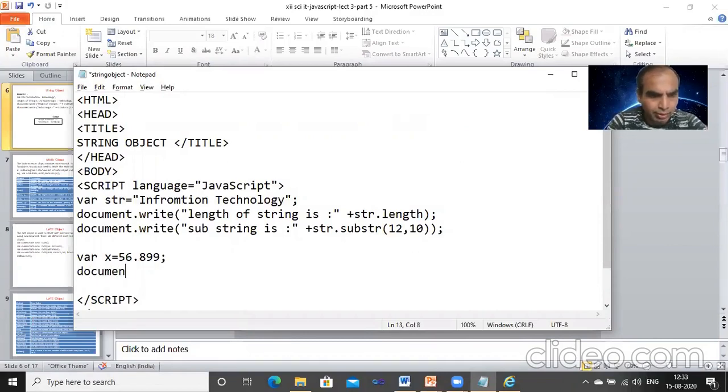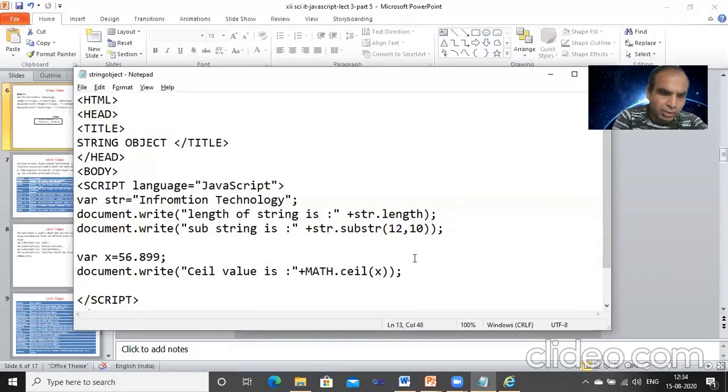Then document dot write, we find out the ceil value. First upon they have given the ceil value is, okay. Then joining with the math inbuilt object, math dot, what is that? Math dot ceil, and then here we put the x.